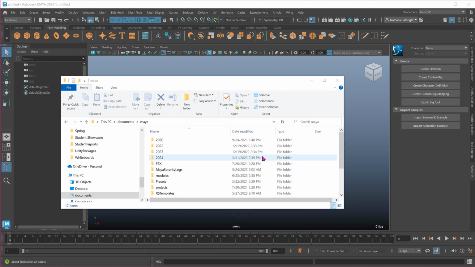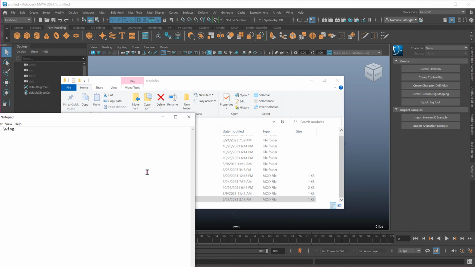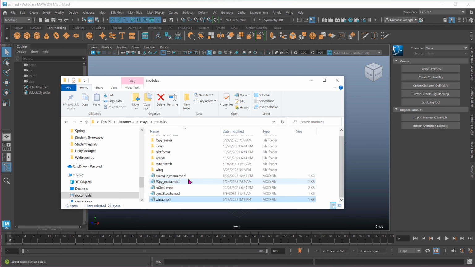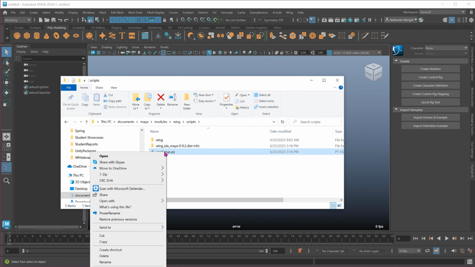If we jump over to the Maya folder on Windows or wherever it is inside of the Mac OS or Linux, we can go into the modules, and you should see essentially a Wing definition file for a module here, and we will now have a Wing folder. And if we go inside of that, if we go into the scripts, I just want to point out that if we edit this,